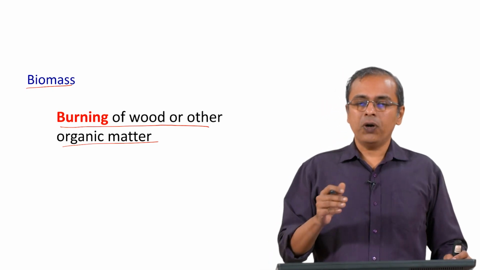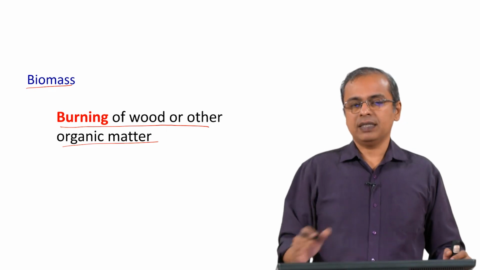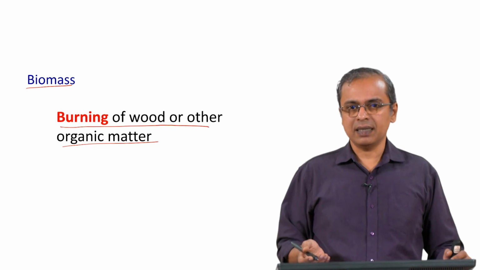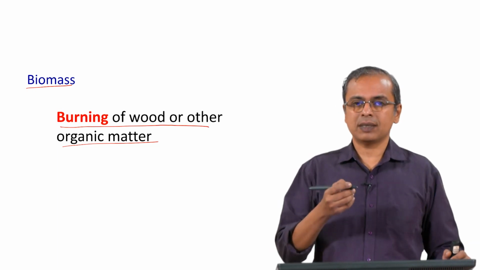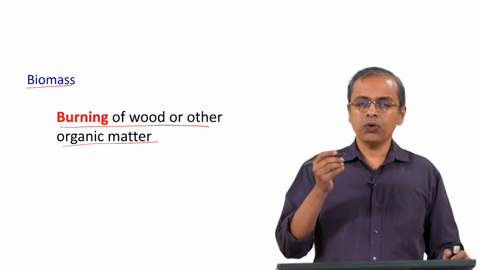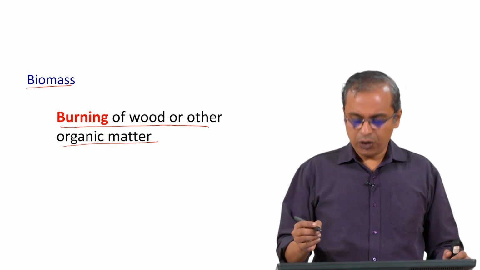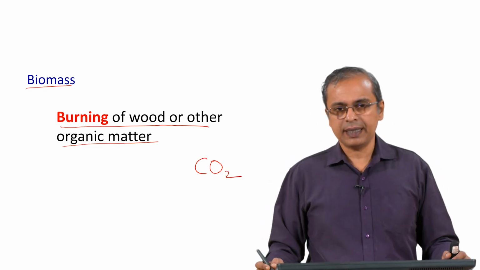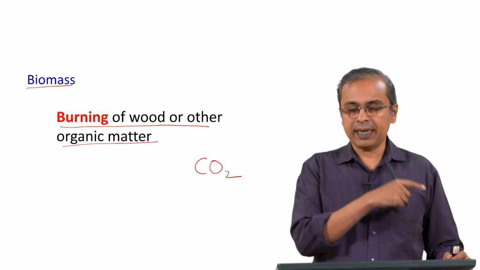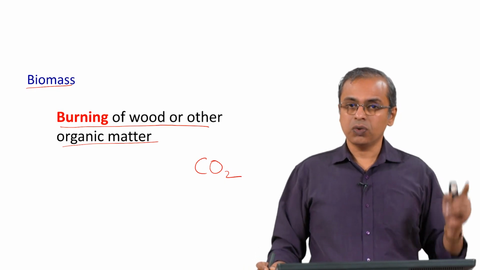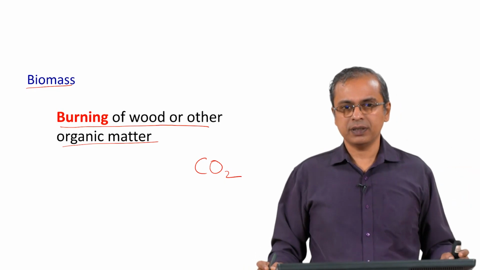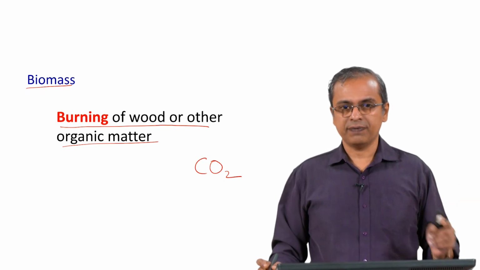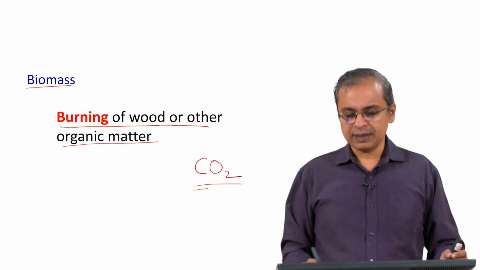But the point that you have to remember, and this is why I thought the classification that I just discussed with you is so important, is that this can hardly be considered clean. By any stretch of imagination, this is not clean, because you are burning wood. If you burn wood, you will release CO2. So, CO2 is being released, and this wood you got by cutting down half of a forest, right. So, that half forest is no longer available to absorb this CO2. You removed that half the forest and you burned that half the forest, and you got yourself energy. So, this cannot be considered as clean.